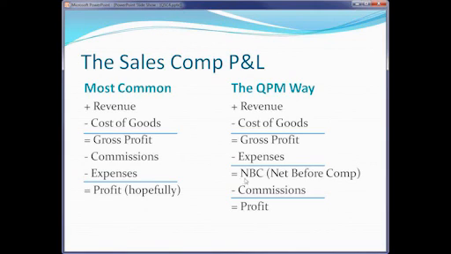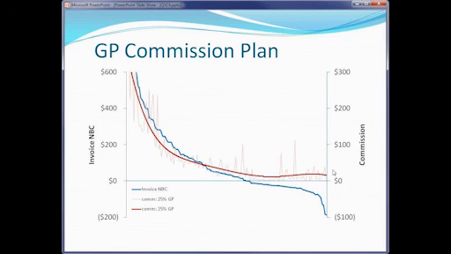If you isolate it in this way, the pay plans, which could be very complex in my previous life, are very simple for us, because we can just decide that we're going to split this with them 60-40, 50-50, 70-30, whatever the case may be. What we're doing is we're figuring out how to make the split, and then the amount that we pay out will affect the bottom line, but it doesn't affect the NBC that we use as the basis of the calculations. All right.